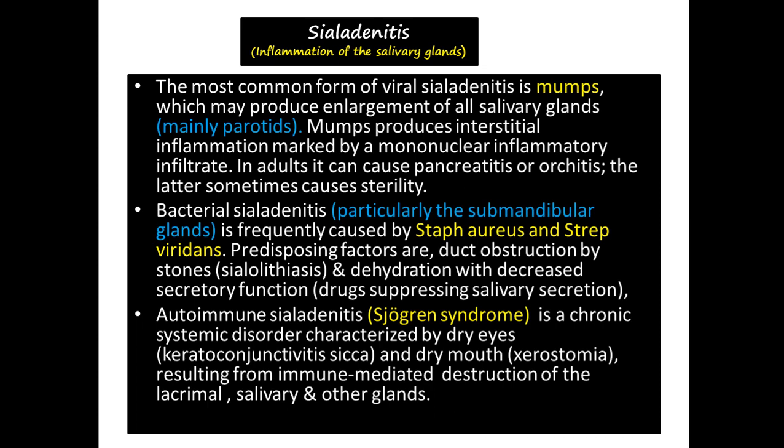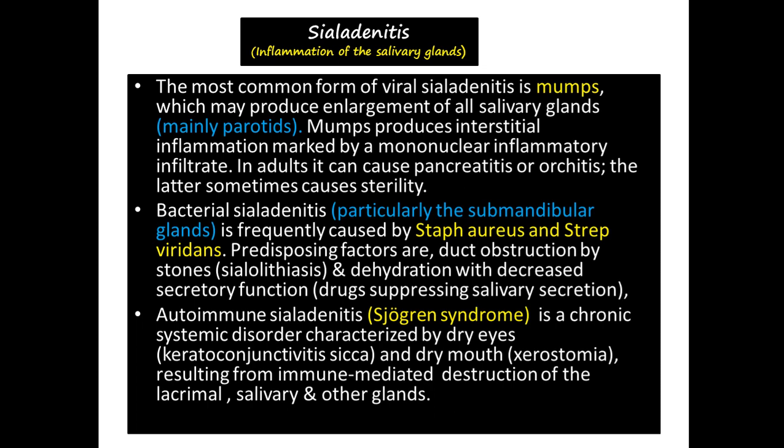Now, coming to the conclusion, sialadenitis, which is inflammation of the salivary gland, is most commonly caused by mumps, which may produce enlargement of all the salivary glands, but particularly the parotids, which are larger glands, and they produce interstitial inflammation, which is characterized by mononuclear inflammatory exudate. By this we mean there is infiltration of mononuclear cells, plasma cells, lymphocytes, and other mononuclear cells. And in adults, it can cause pancreatitis or orchitis, which is infection and inflammation of the testicular tissue,